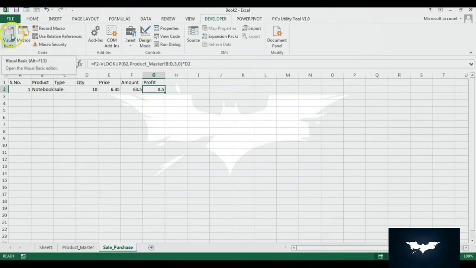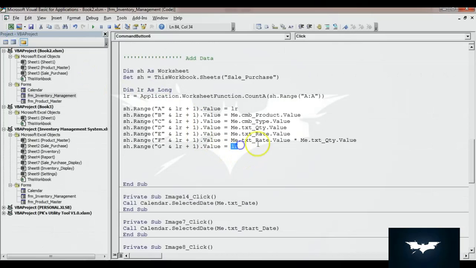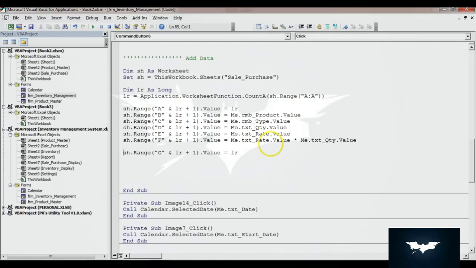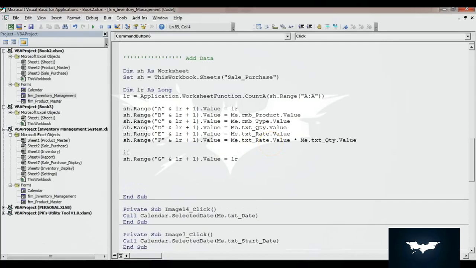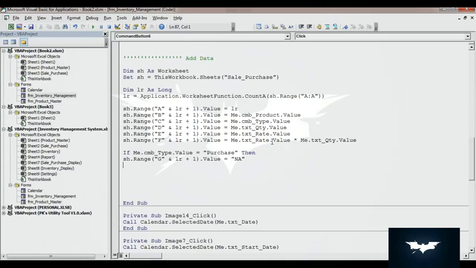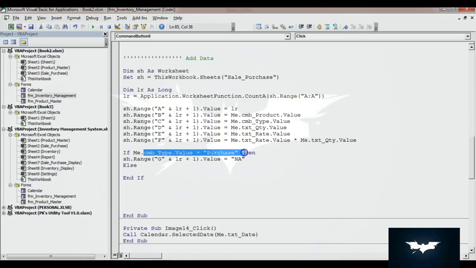Okay, so let me go to the Visual Basic, and here we can create some formula. I'll use If, and I'm using me.cmbType.value is purchase, then this value will be NA. We cannot calculate the profit in case of purchase. Alright, in the else case, if type is not purchase, if type is sale, in that case we will put some formula here, and that formula will be this value equal to, we will calculate the purchase price.